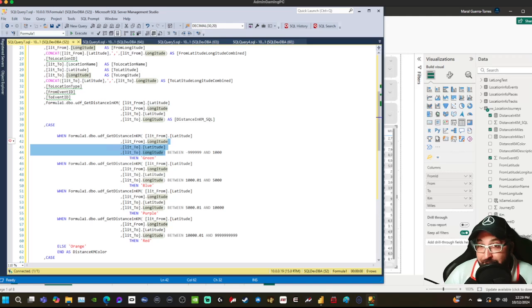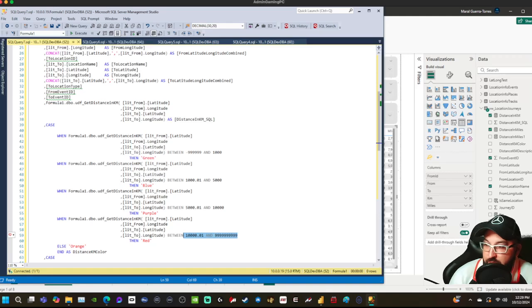Now, when I get that information based on the distance in kilometers, I had a system where I said, depending on the amount, or depending on the distance, I was going to give it a certain color. So you can see when it's between 10,000 and